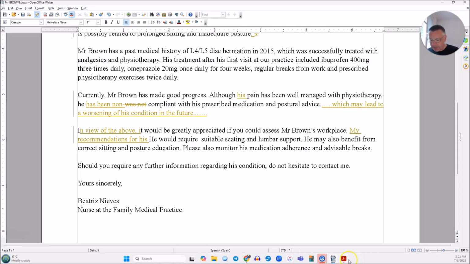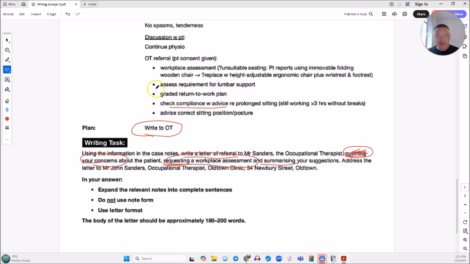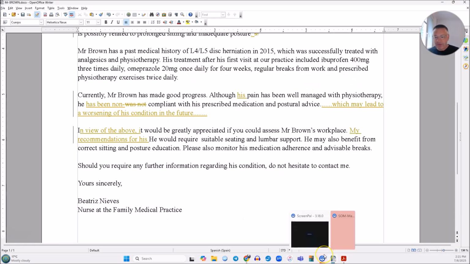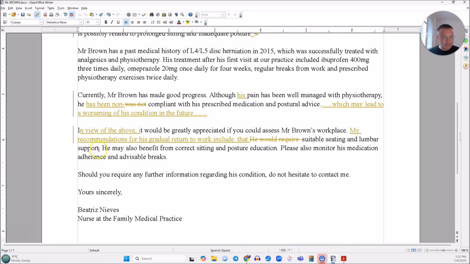recommendations, because it says something about managing graded return to work, yeah? So, graded return to work, maybe we could work in that. My recommendations for his gradual return to work include that he would have suitable seating and lumbar support,